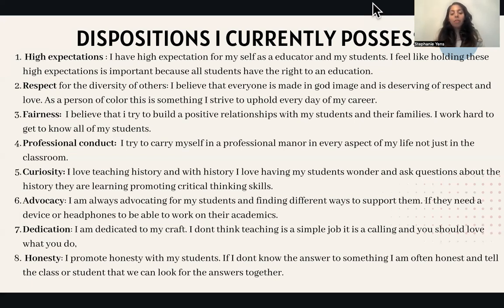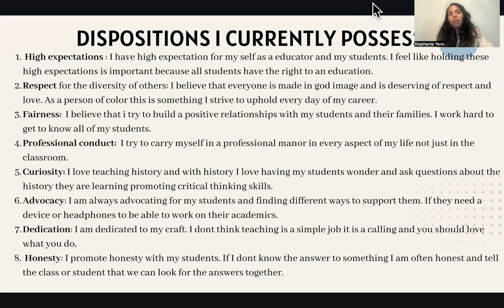Honesty. I promote honesty with my students. And one of the ways that I feel like I promote it, and I stand by this, is if they ask me a question and for whatever reason I don't know the answer to it, I'm not afraid to tell them, hey, I'm not sure what it is. Let's look it up. Let's look up the answer. And we find the answers together.